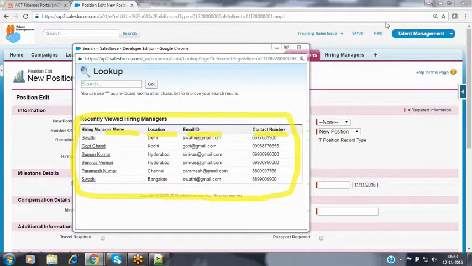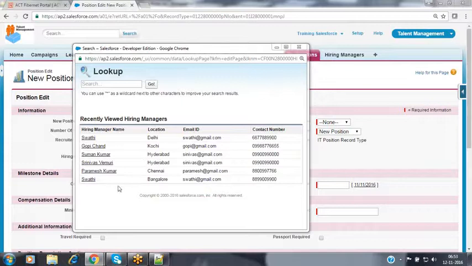Suppose you raise a question here. For example, if I have hundreds of hiring manager records, will it be possible to show all hundreds of hiring managers? No. At a time, in that lookup dialog, it can show a maximum of 200 records. Nothing but a maximum of 200 parent records will be displayed over here. If I have more than 200, then what can we do? It provides navigation buttons so that we can use those.